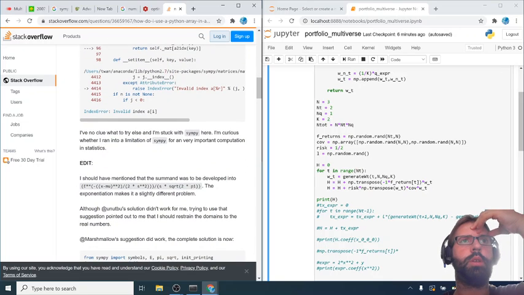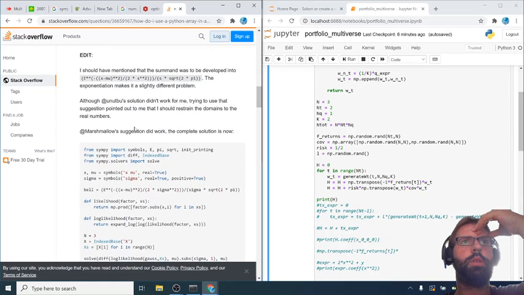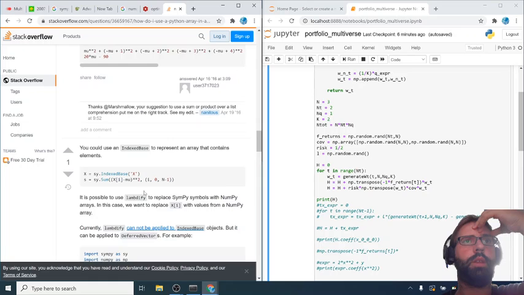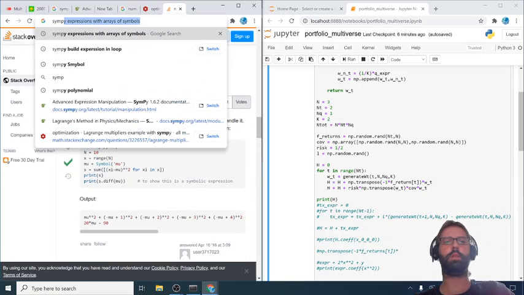Matrix. So is the answer, since your list X is numeric, you don't need a symbolic sum to handle it, just sum the list. No, I don't think that's what I want. So, SymPy